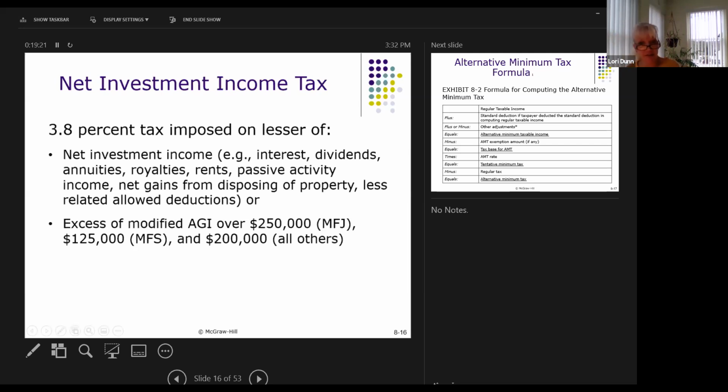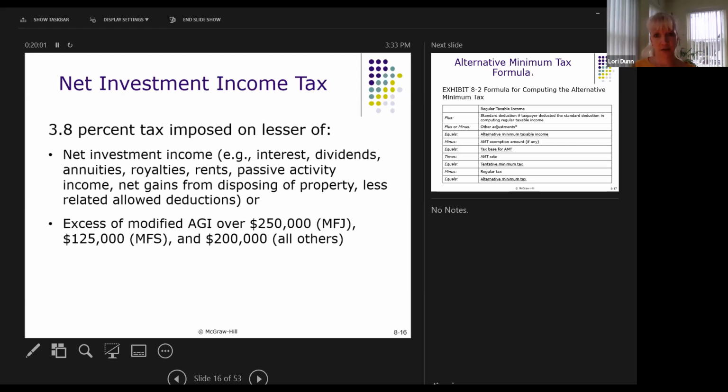Okay. Net investment income tax is an additional tax imposed, and this is after alternative minimum tax, I think. Yes, it's on page 8-13. I'm kind of hopping back and forth here, but it is on page 8-13. And it's an additional tax imposed on investment income on higher income individuals. So if your modified adjusted gross income is over $250,000 married filing jointly, $125,000 married filing separately, and